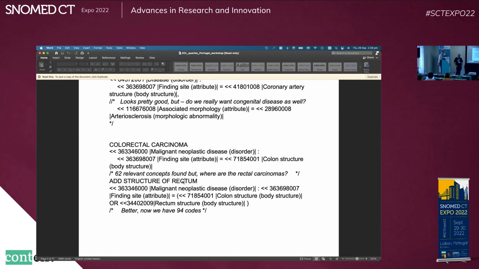Went ahead and ran that, okay? And when I looked at the list, I found that if you actually go to the SNOMED CT body structure anatomy and review it, you find that rectum actually isn't a child or grandchild or whatever of colon structure. Okay, so I revised my final